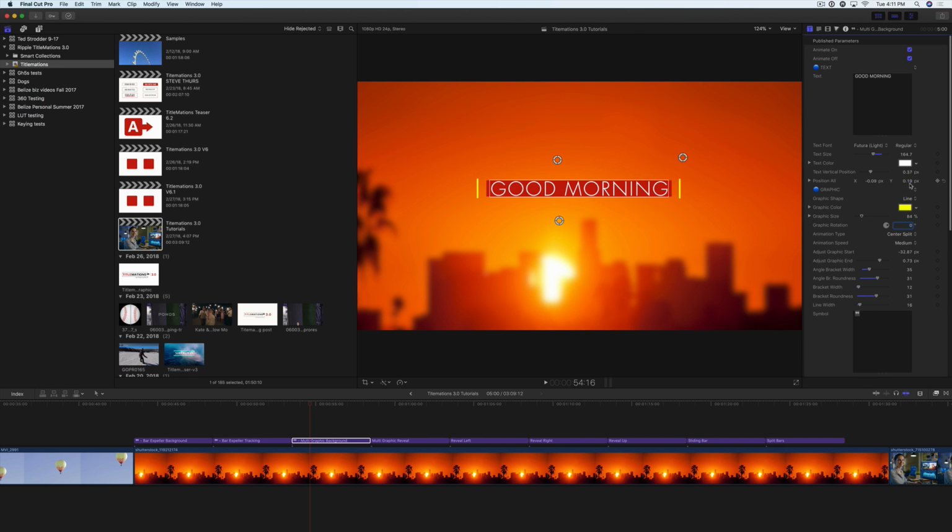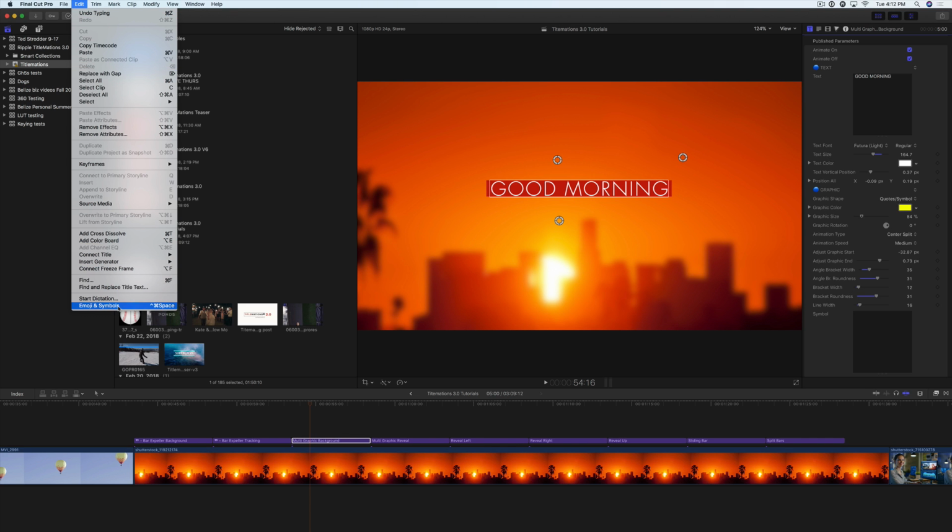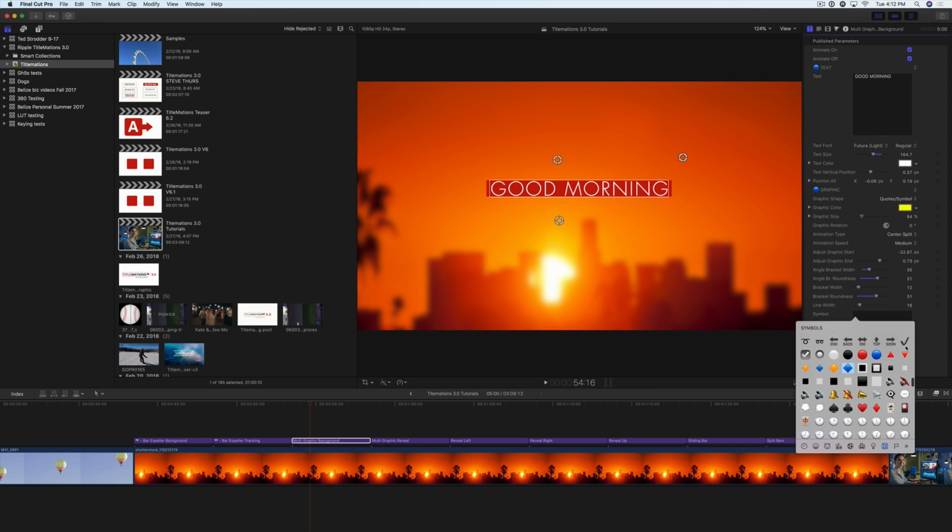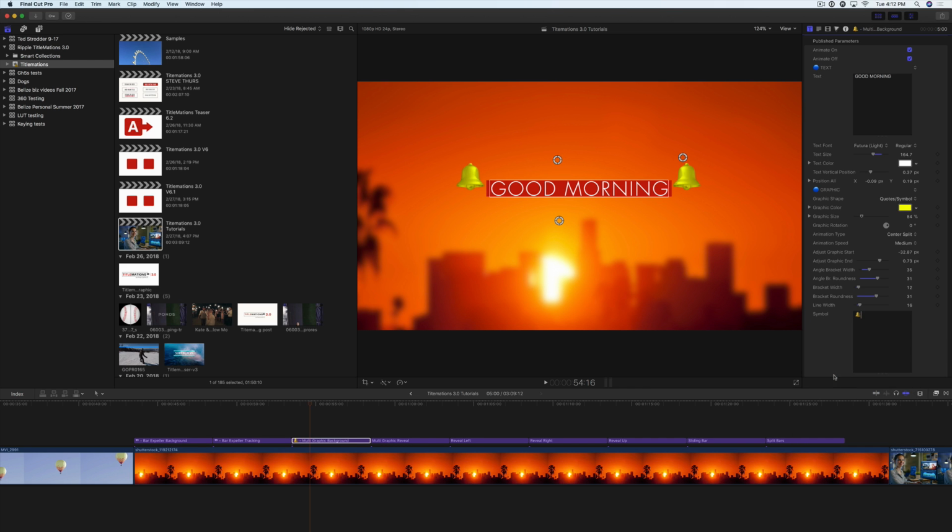Finally, symbol. If you've chosen the type of graphic to be quote or symbol, you can put any symbol in here. It's a quote by default, but I'll delete that and go up to the edit menu and choose emoji and symbols. And then you can put any symbol in here that you want. So let's say I want this bell. I'll double click. And now we have this bell in here as a symbol. And I'll move the text up to match, and then move the whole thing down,